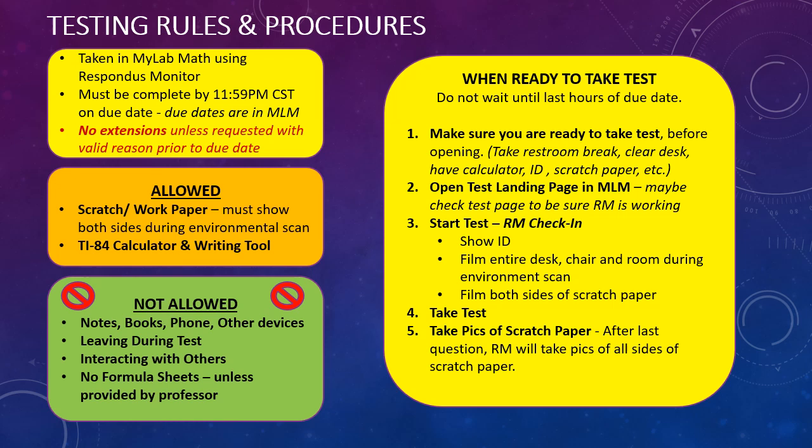Once you've done that, it will allow you to enter into your test. So go ahead and hit Take Test or Start Test. Take the test, go through and answer all the questions. At the very end of the test, it will give you an opportunity to record your work. And what you need to do is to record all of your scratch paper and film both sides of it. It'll walk you through this. You'll line it up so you can see it on your screen, and then you'll hit Take Picture